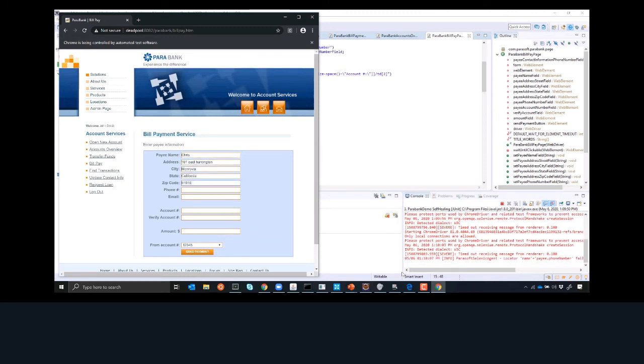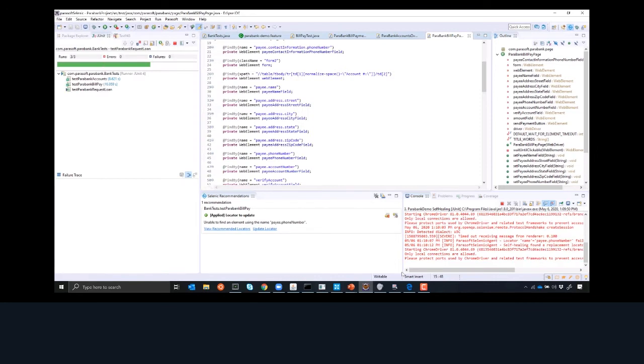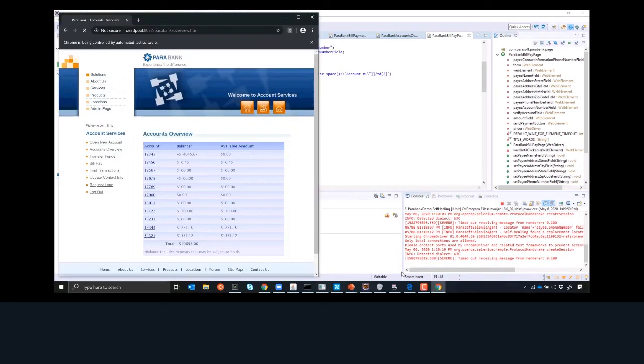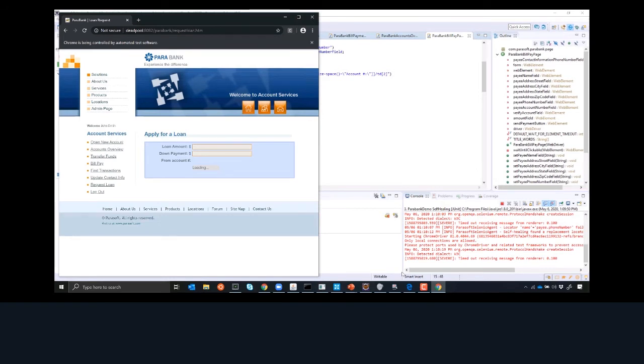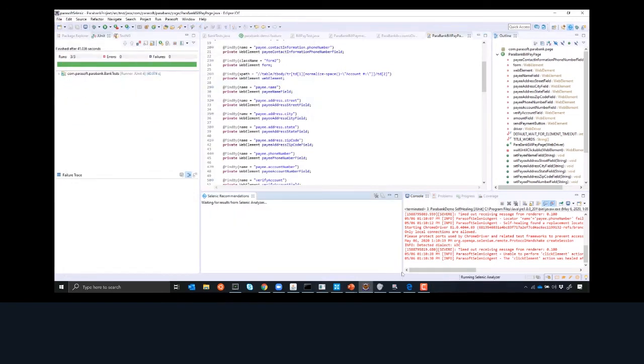It says, oh, I'm going to try a new element locator. Back in the UI, it finds that element locator, provides the information, and the test proceeds. Okay, now let's look at this new UI. It turns out that the reason this is failing is because that loading button is intercepting the click. So what Selenic is going to do is initiate self-healing, wait a little bit longer, and then click